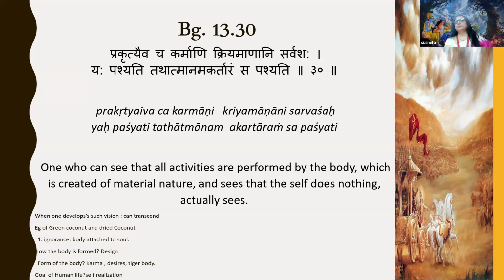Now, for example, let's take an example of a green coconut, right? When the coconut is green, it has a green cover, and then there are a lot of husks inside, and then there is a slight white pulp of coconut, extremely thickly attached to the inner surface. And then some water is there, right? And when we leave this coconut like that, after some time the coconut becomes brown, and then it becomes dried.